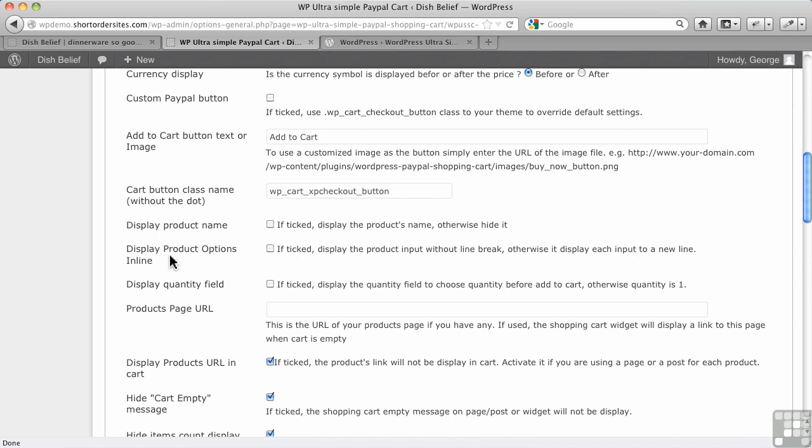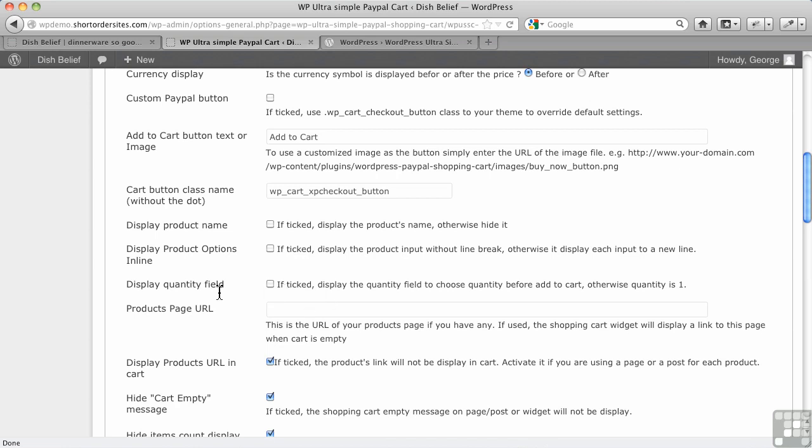Okay, so normally what would happen is if you had size and color, say for example, it would put size and color on separate lines. If you want them to display on a single line, then you would check this off here. And you'd really only do that if you had quite a wide area in which to display your product. Because if it's at all narrow and you've got more than one, then it's going to look very, very odd.